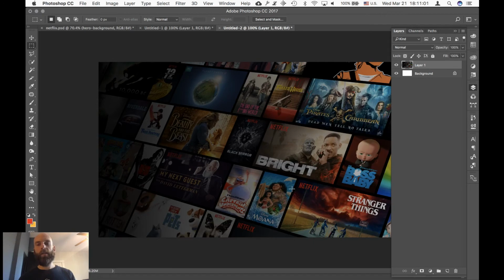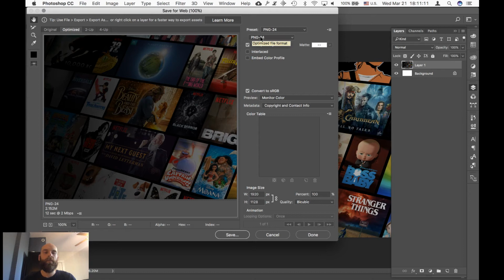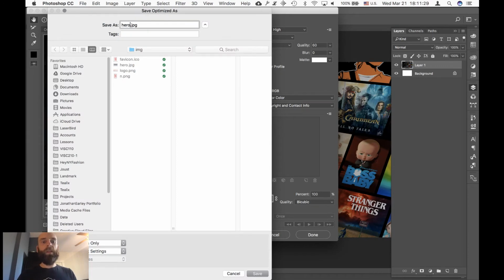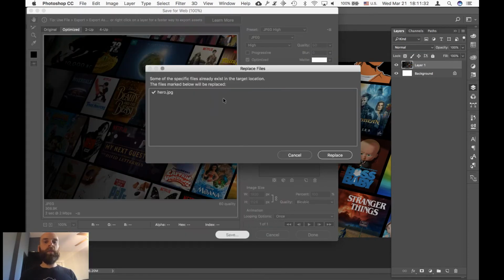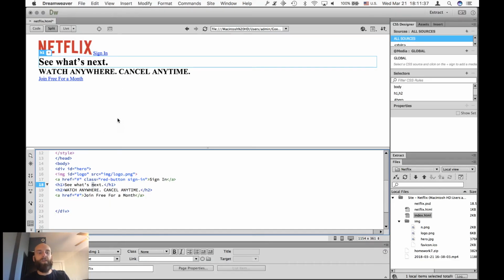paste, there it is. I'm going to save this. And as a PNG, this is 2 megabytes, and that's actually going to slow things down. So I'm actually going to change that to a JPEG, and now it's only 300K. So it's like 1/6 the size, just by switching the file format. So save that, call this hero, and I'm just going to replace the old one I created. All right, so now back in Dreamweaver,